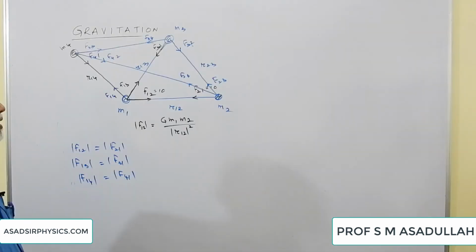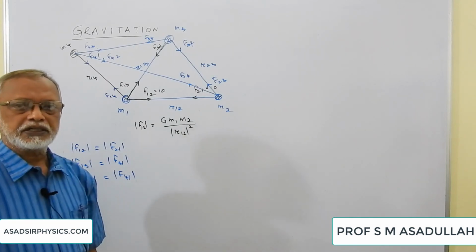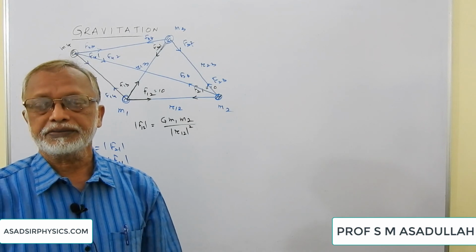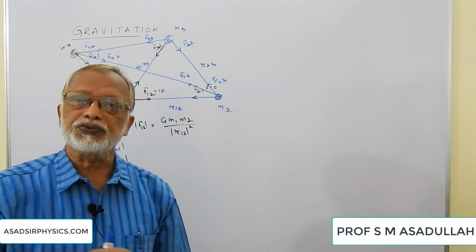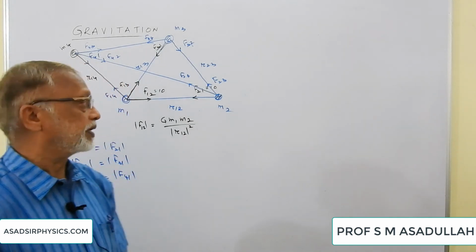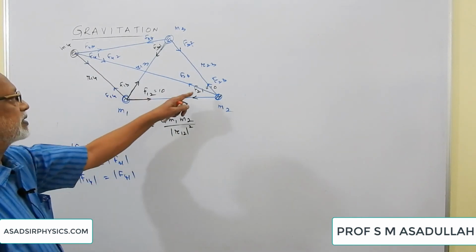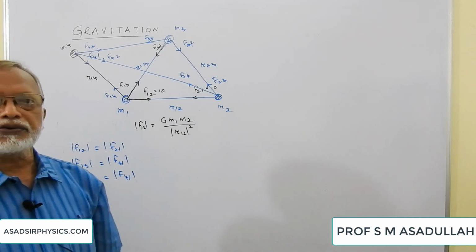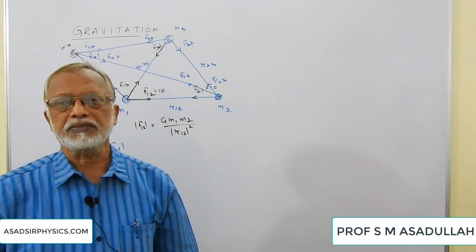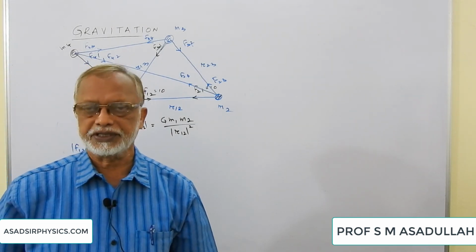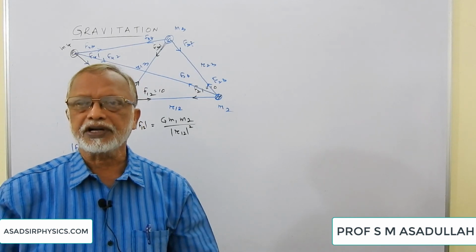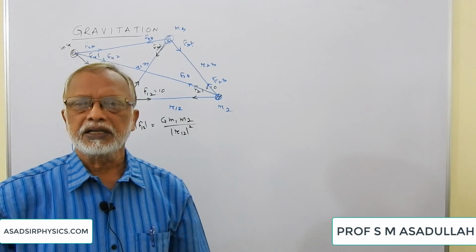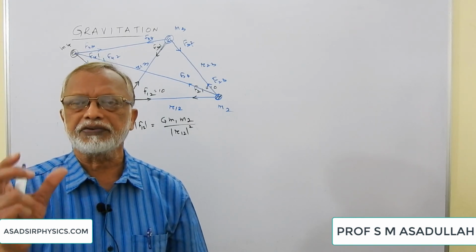So like this, if you have got only two bodies, each body will experience only one force. If there are three bodies, then each body will experience two forces. If there are four bodies, then each body will experience three forces. To find the net force on any body, we have to find the vector sum or the resultant of these forces. So before we continue with this kind of problems, let us recapitulate or revise some basic vector algebra.